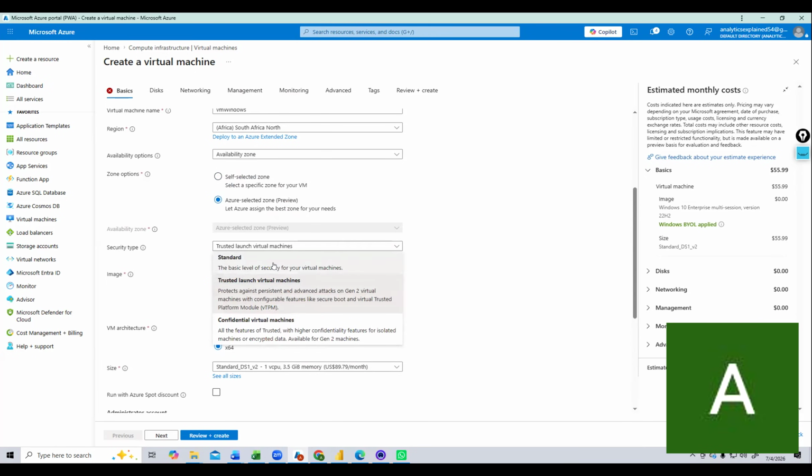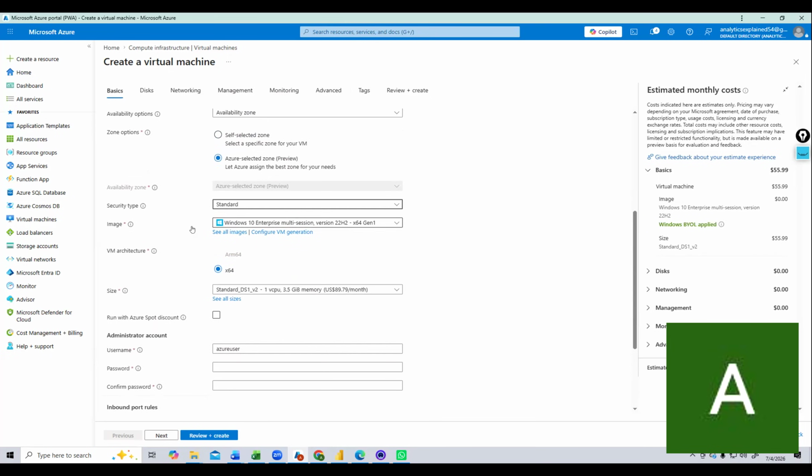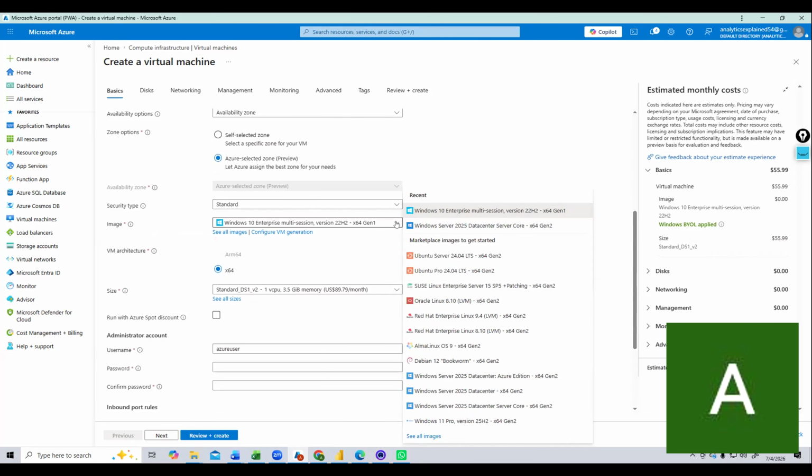So it should be standard because I just need basic level, right? And then it says image. By default, Windows 10 is selected. If you want, you can go ahead and select. There are many images. So if you want Linux, Ubuntu, or Oracle, whatever,